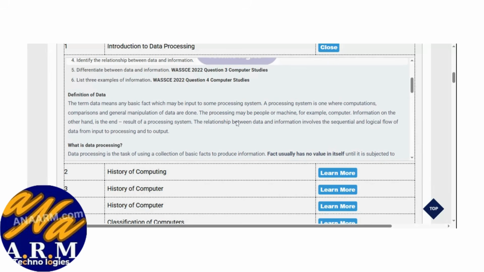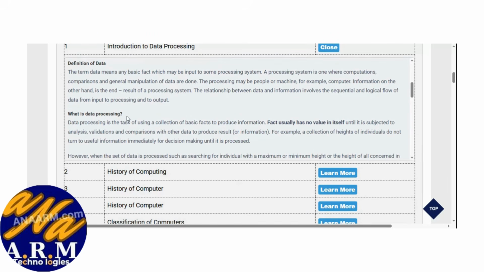The relationship between data and information involves the sequential and logical flow of data from input to processing and to output. What is data processing? Data processing is the task of using a collection of basic facts to produce information. A fact usually has no value in itself until it is subjected to analysis, validation, and comparison with other data to